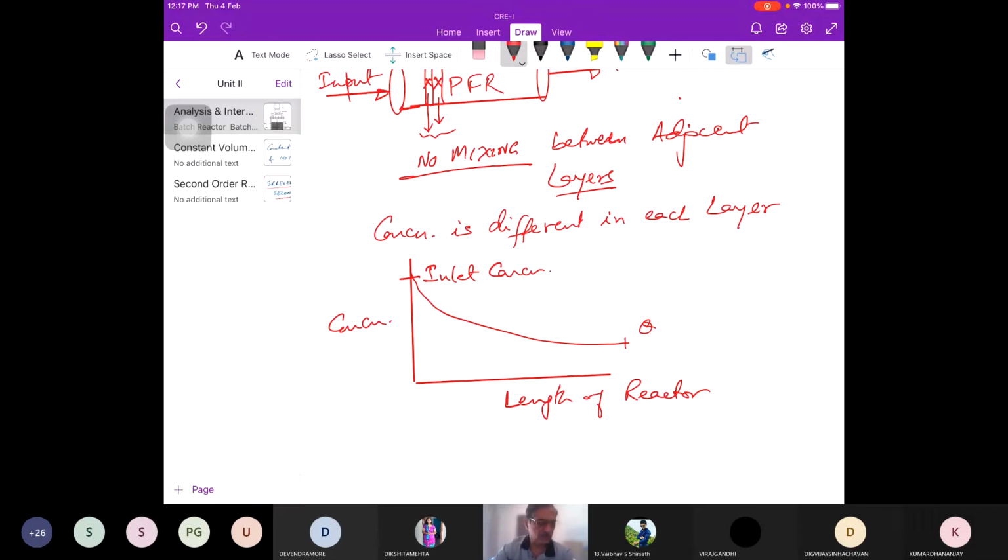Okay. The concentration decreases gradually in a plug flow reactor. That's why the reaction will take place at different concentrations in the reactor, and that is why the conversion is higher in a PFR. Whereas in a CSTR,